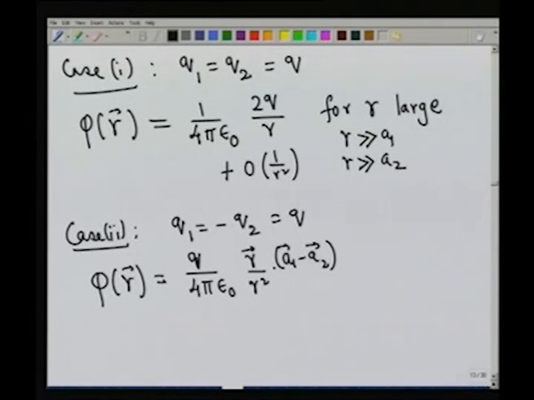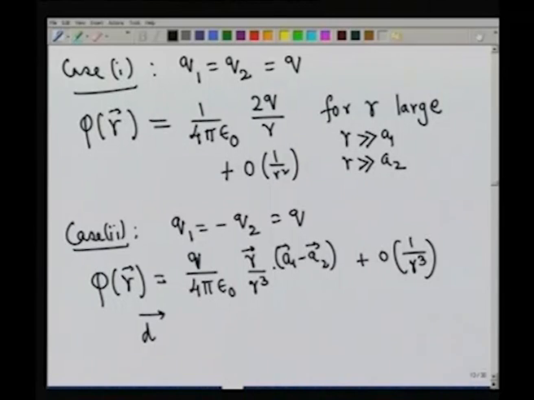This is how it looks like. So here you see that my field is behaving in a slightly different fashion, except that again I forgot the factor cube that is to occur here. Therefore, I am getting a 1 over r cubed. The leading order contribution is simply given by 1 over r squared, and the correction is of the order 1 over r cubed.